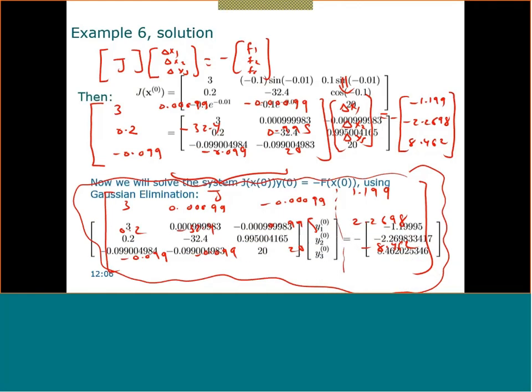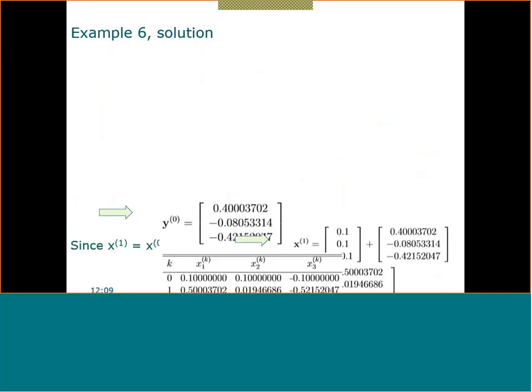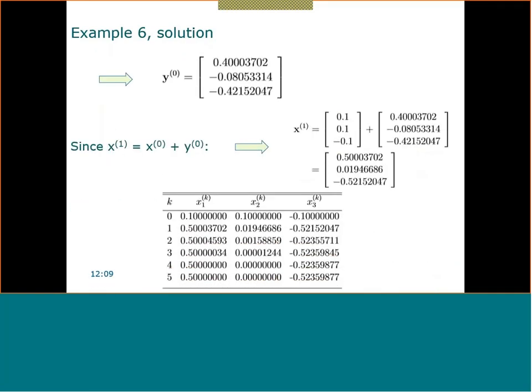Now let me just go through the solution with you. So this is the error that we found. Then we add the error to my initial guess. If you look, this is x0, and this is my error that I added. So these are my values, my first values for x1, x2, and x3. Now, if I keep on doing this, you will find that the answer is converging to these